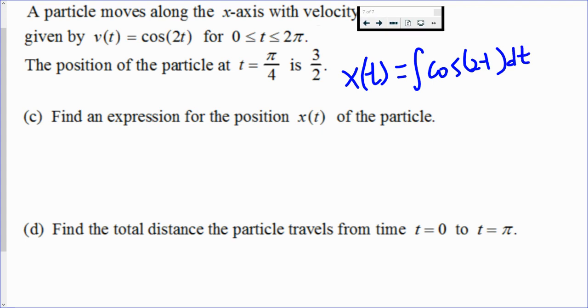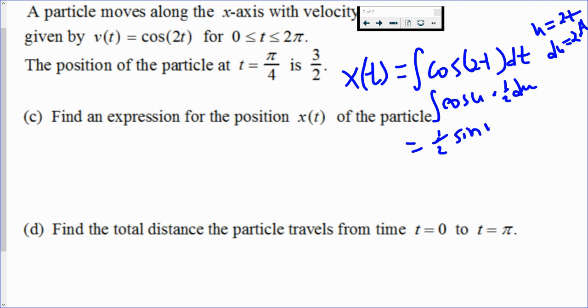Now, taking a look at this, we know an integral of cosine. The difference here is we have 2t inside the parentheses. So if we make our u 2t, then our du would be 2 dt. If we rewrite this in terms of u, cosine of 2t is cosine of u. Then we just have dt left, which is 1 dt, meaning we have 1/2 of du. So if we take that integral, we end up with 1/2 sine of u plus c,